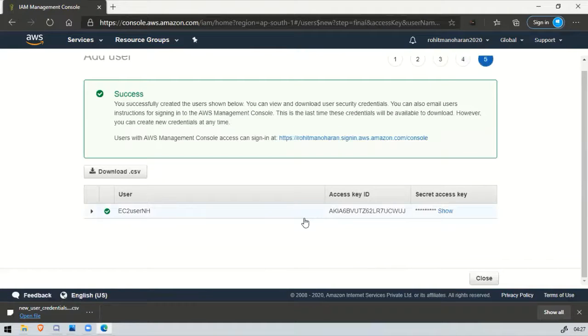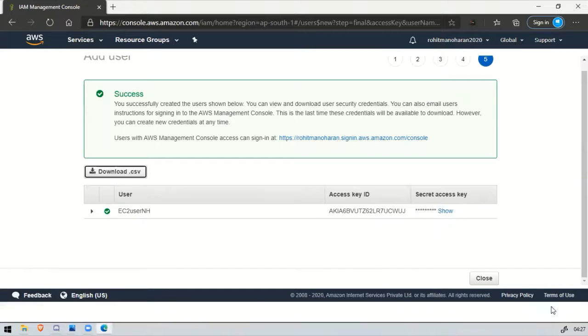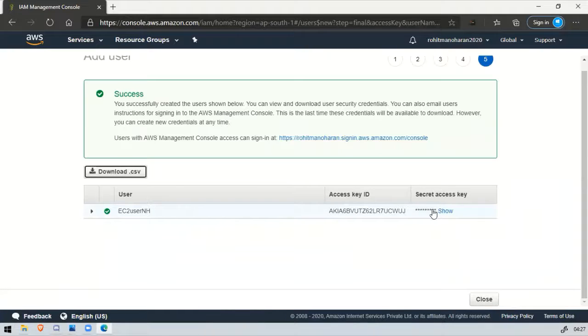And now you have the option to download the CSV file. You cannot actually lose it because this file will no longer be available. But if you lose it, you can go under user security credentials. So I will show you. So let's download this file. As you can see, it's downloaded. Yeah, and this was an older file. So let's do one thing. Let's close this. So I've downloaded this file, and if you go for show access key,